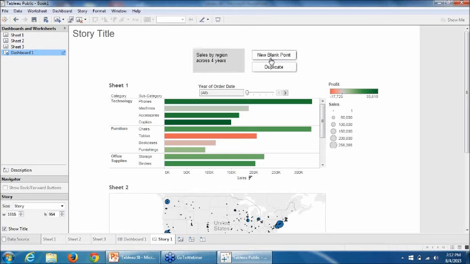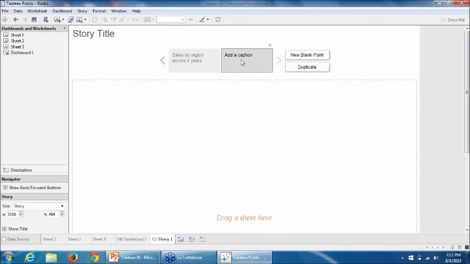If I want to go down to another level, to see the different categories, and within those categories how the data is reflecting, I can create another new blank point, and details, create another tab, another view, details of the sales by subcategory.